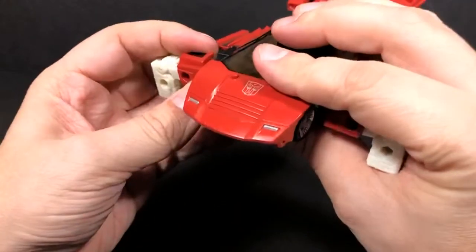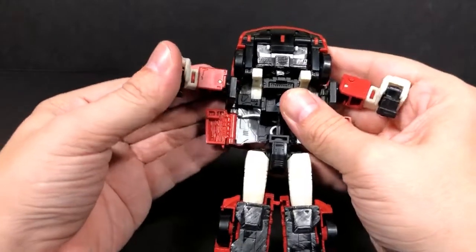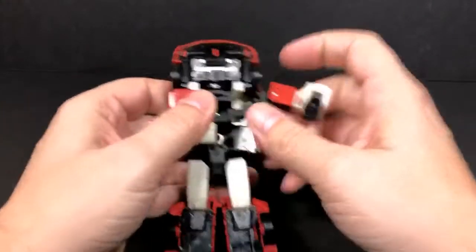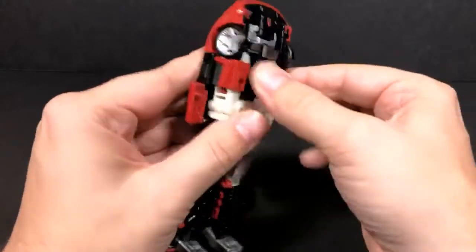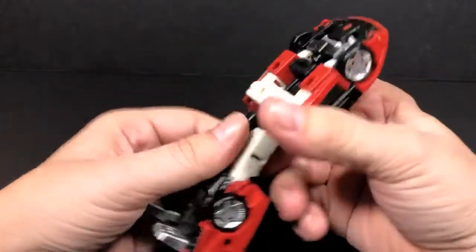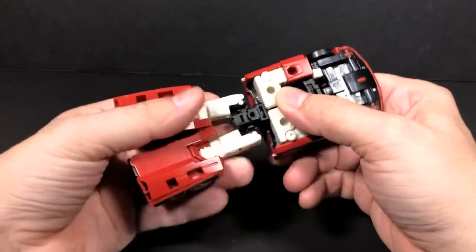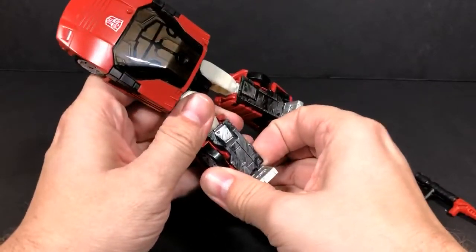I have to remember. Like that. So bring that back down like that. And this tabs into right here. So you just go ahead and tab those in. The waist swivels around like that. And then once you have that done, then you will